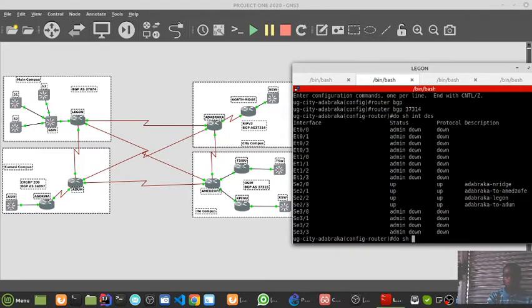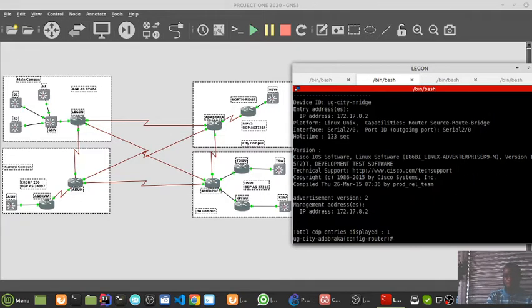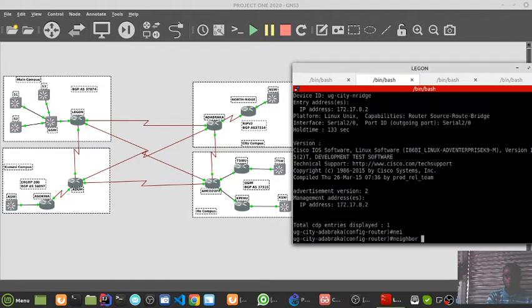Okay. Show CDP neighbor detail. This is the first neighbor. So my first neighbor is this, and actually the first neighbor is going to reach